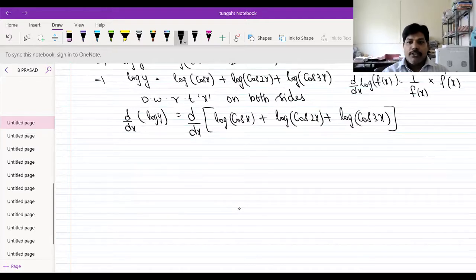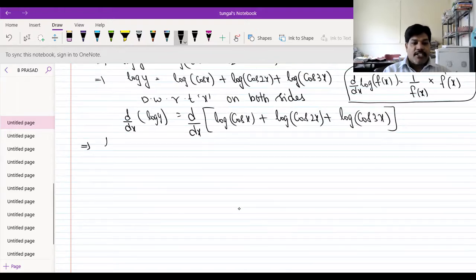This is the form, you can understand that. This formula we can use for all these values. So d by dx of log y is nothing but 1 by y